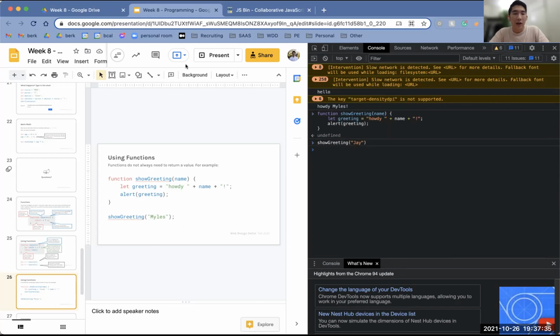you see here that it does this alert because it's running whatever is inside this function, right? It alerted howdy J, just like it alerted howdy Miles earlier. But nothing is really returned here, right? We see this undefined thing. This value doesn't output anything. If we try to assign something to the output here, we would just get some sort of undefined or null